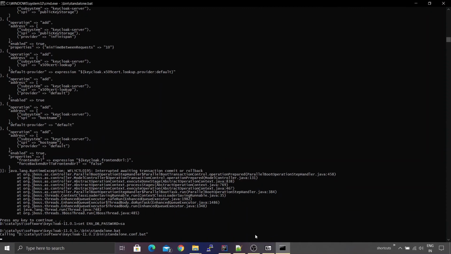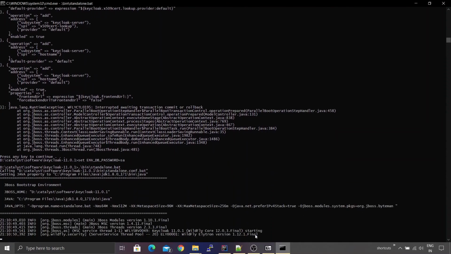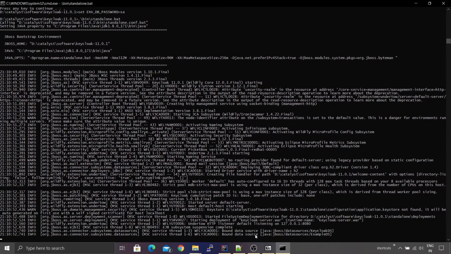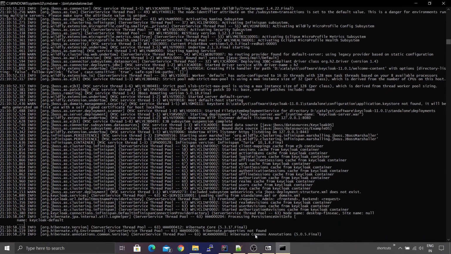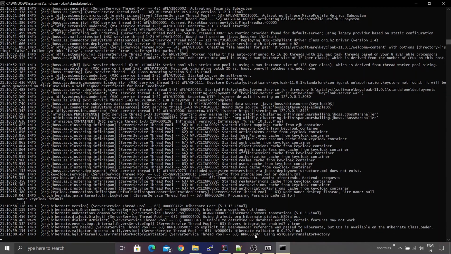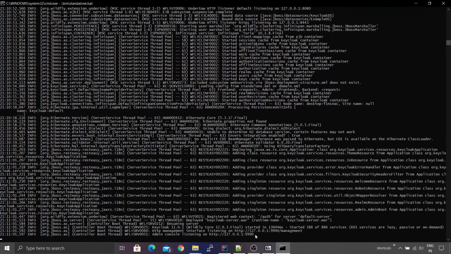Let me restart it again. Okay, looks good. And the server is getting started. Hibernate has been initialized, and yes, the server has got started. So that's all for today's video. We learned how to configure the Vault plugin inside JBoss Keycloak and externalize the configuration. Now in this case, I just configured one single property, but you can extend this example, and all the required properties that need to be externalized, you can very well configure using the approach that we discussed over here.